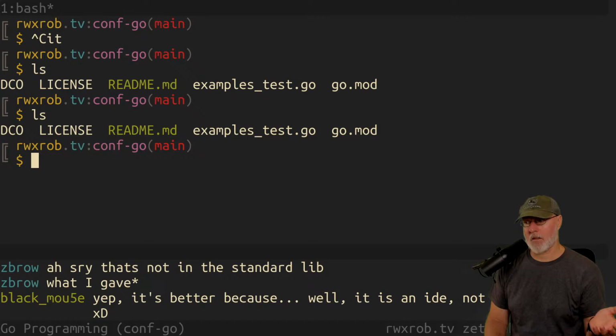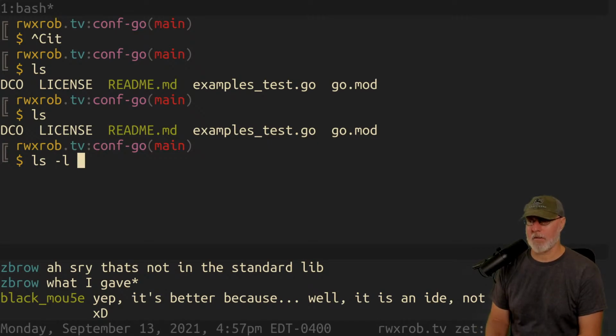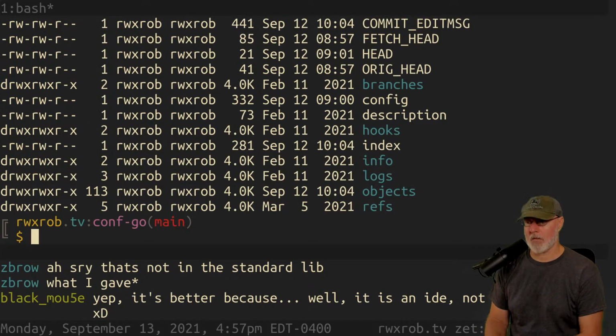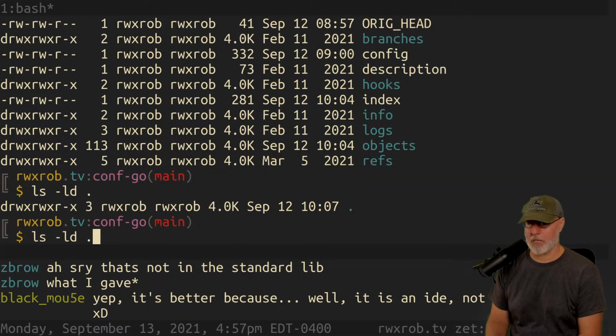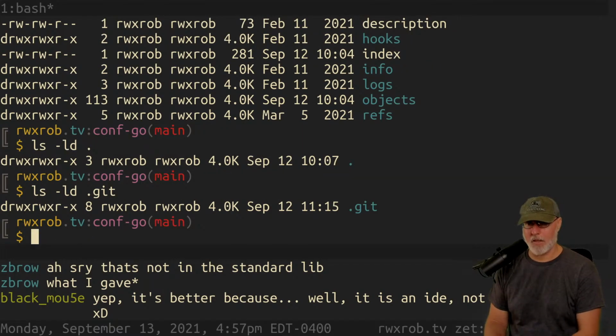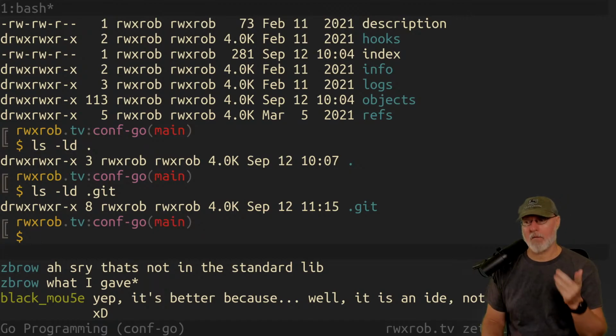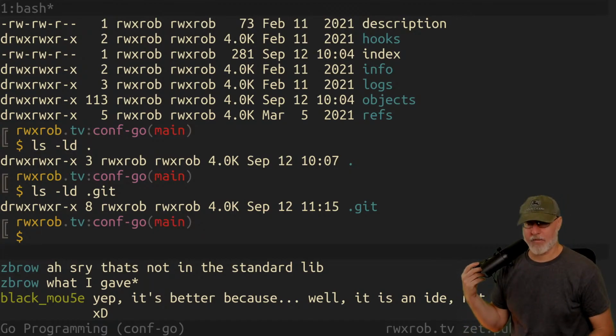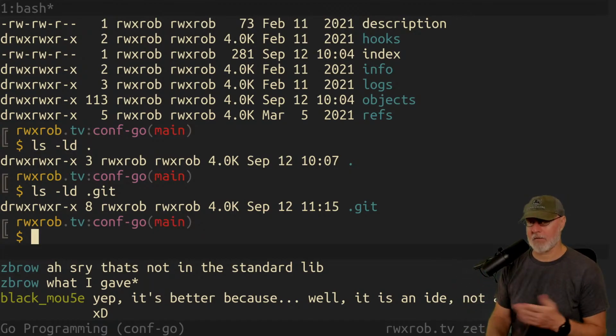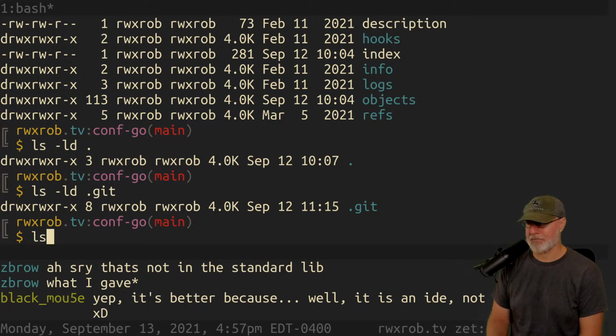I'm in the middle of conf-go. So this is a new repo. I've already saved it to GitHub. I'm not going to cover that. That means it already has a .git directory in here. That's what makes a directory a Git repo, it has a .git in it. If you have a raw repo, it's just the Git stuff. It doesn't have the extra files with it, which is kind of fun. If you ever want to try raw repos, they're really great for backing stuff up. That's how I back up my private information and stuff.